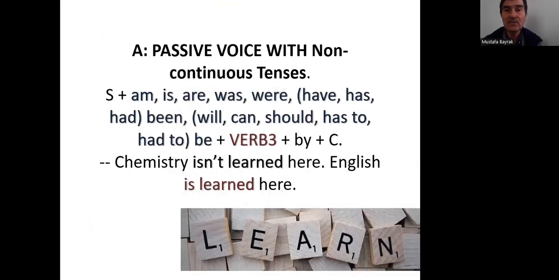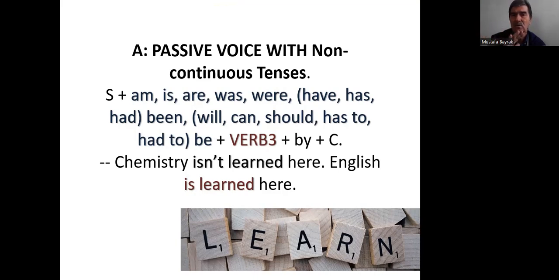Now, passive voice with non-continuous tenses is like this, non-continuous, no ing. So after one of am, is, are, was, were, after the subject, of course, the verb is one of them: am, is, are, was, were, have, has, had, been, or will, can, should, has to, had to, be. Then verb three. Okay. So just as we cannot make continuous tenses without one of those to be variations,